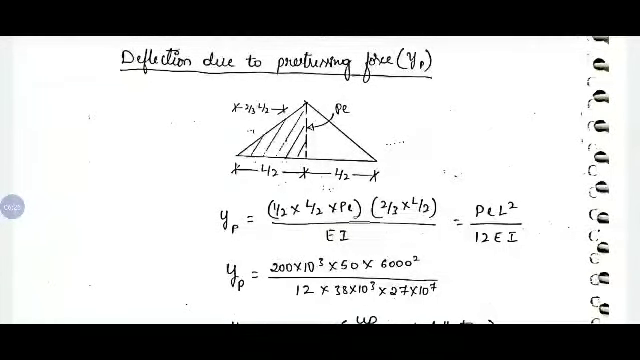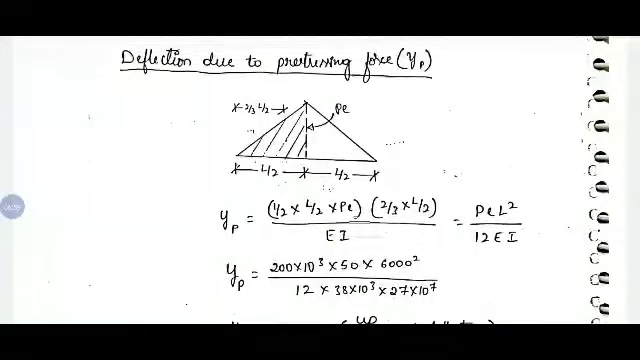So the area of the shaded area is half into base L by 2 into height PE. The bending moment with respect to the support means you are measuring the centroidal distance of the triangle from the apex, that is 2/3 of L by 2, or 2/3 of the base, 2/3 of L by 2, divided by EI. Now, on simplification